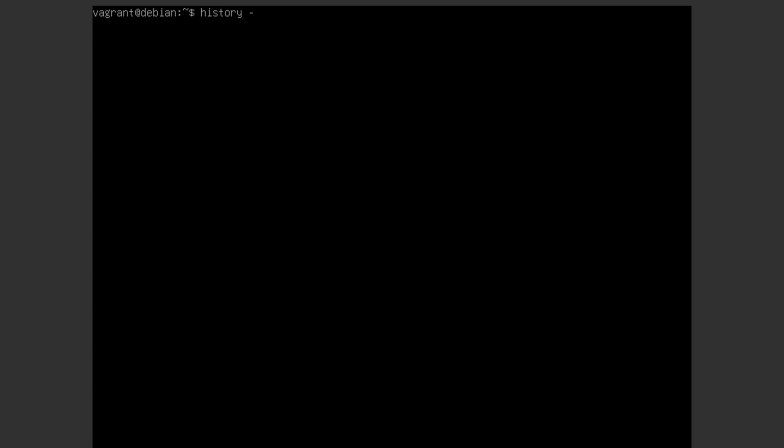We can clear out our history because we don't really need it, so history -c, and then make sure we write it. What I don't like to see is that we've got a list of commands already in our user's history when they first log on. We can exit, so we return back to our root shell, and we can configure the machine a little bit